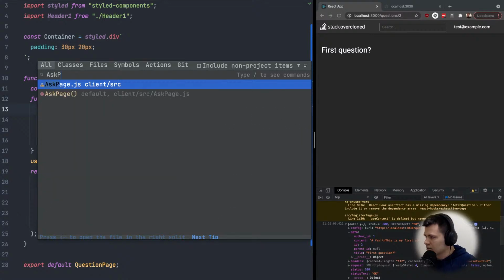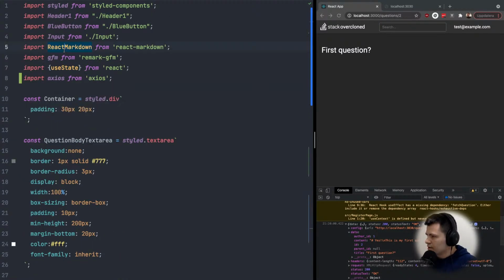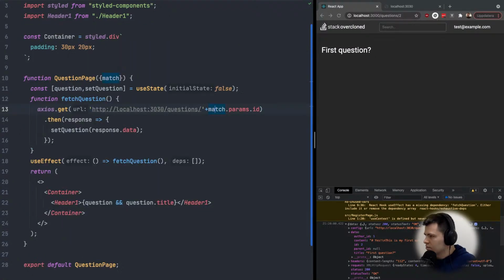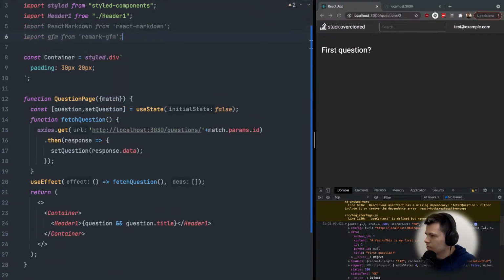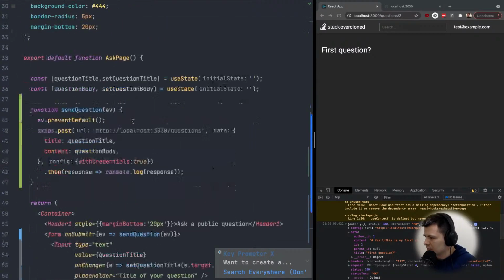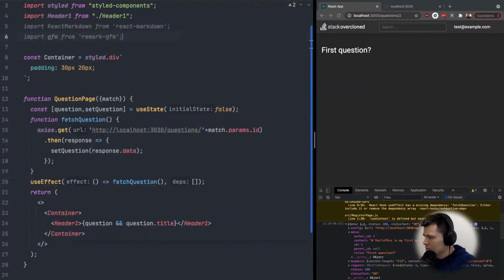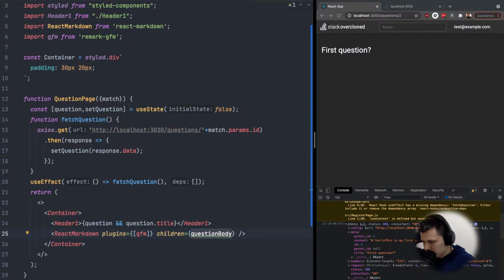So in the ask page, we are using a component, React Markdown and JFM. Let's just copy this one to the question page, and let's see how it's used. So we have preview area here, and let's put it underneath, and here